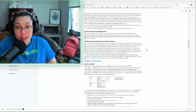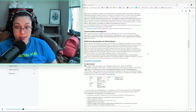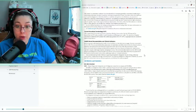Health record documentation and clinical indicators. Reviewing and understanding the health record, whether in the electronic or paper format, is essential for the CDS. The premise behind the submission of coded data and CDS review is that it is based solely on physician documentation and clinically supported within the record. This documentation can be primarily found within emergency department reports and notes, history and physical, consultations, operative reports, discharge reports, and progress notes. This list is not all-inclusive, but the CDS should keep in mind physician documentation is the driver of the process and utilize other key components of the health record to assist, such as labs, radiology, meds,